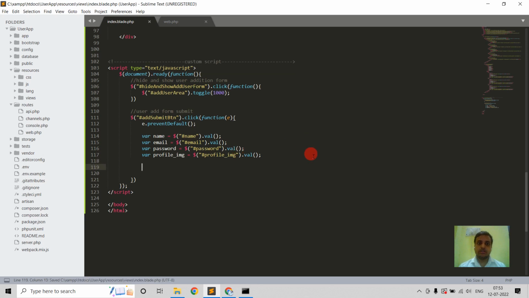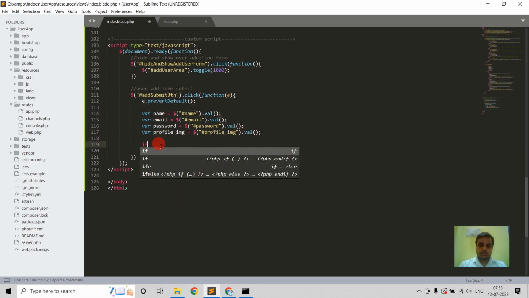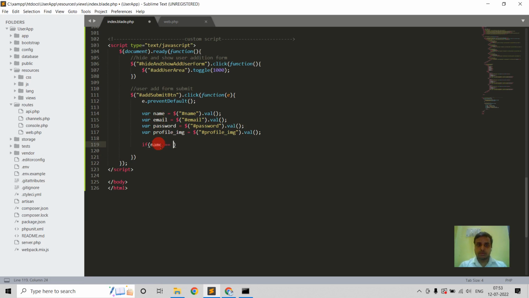Set validation on all fields. So copy this name, write if name equals blank, then